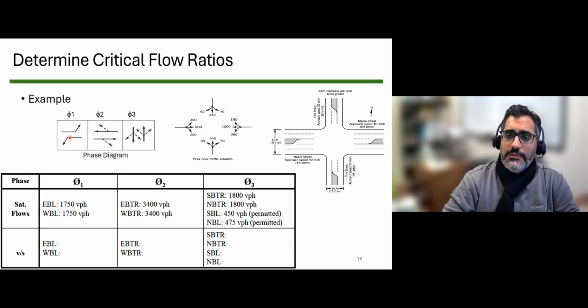One way to find a critical movement is just to look at the volumes and say whichever movement has a higher volume would be the most intense movement. It is not wrong to do that. I can look at this, it is 300 and this is 250, so I can say that this 300 is the more critical one. But sometimes it might be inaccurate. How? If the condition of the left turn here is significantly different from the condition of the left turn there, let's say these 250 left turns include a lot of heavy vehicles,